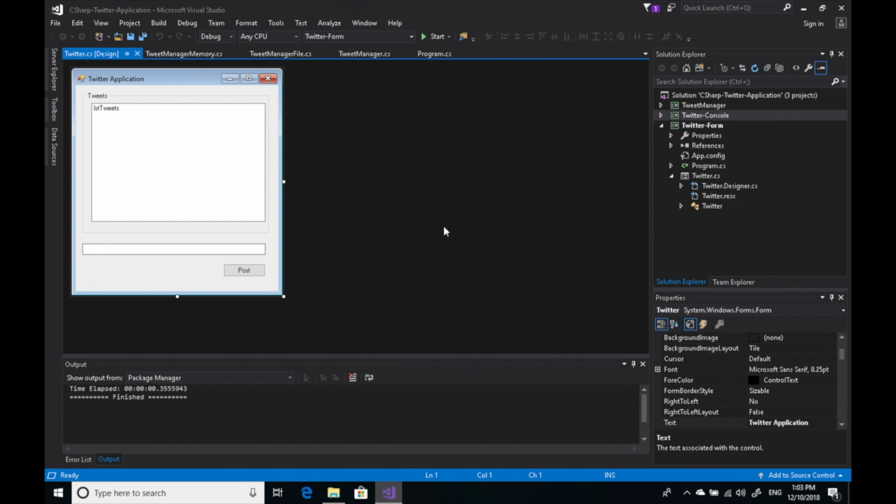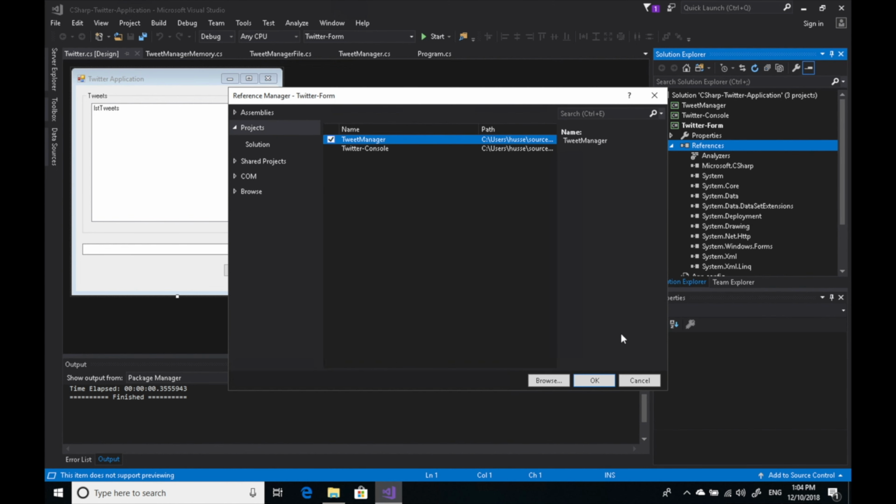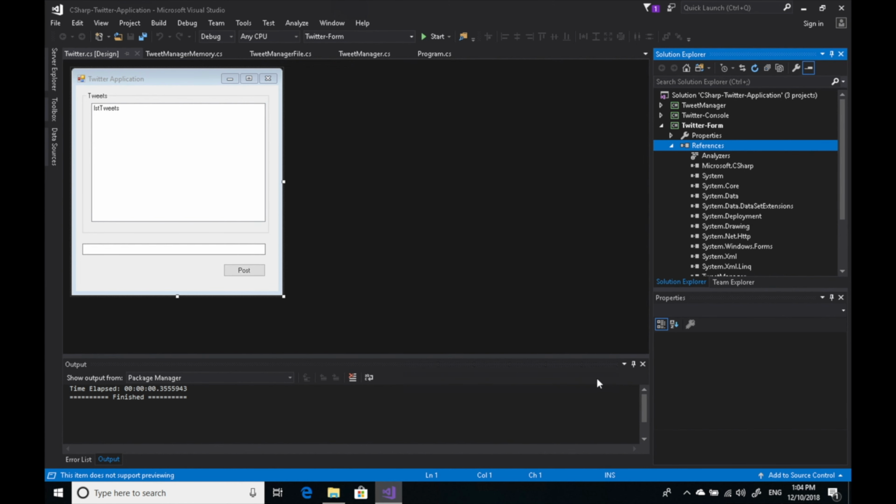All right, guys, we have designed our application, the Twitter interface, another type of interface which is called the forms. Now we need to write some code, but we're missing something. Remember, guys, we have written the library where we have all the Twitter manager code, right? So we need to reference that. And do you remember how to do that? Correct. In the Twitter form, right-click on the references, add reference, and just like that, select Tweet Manager, and then